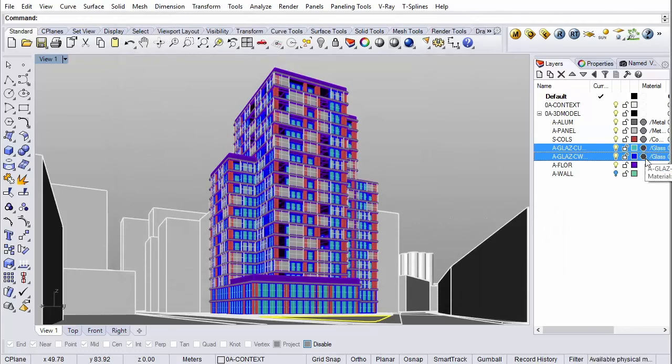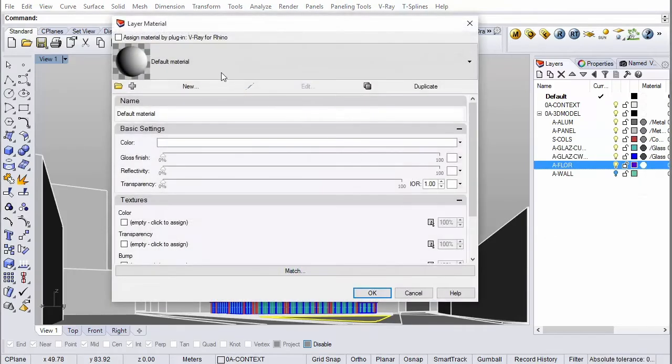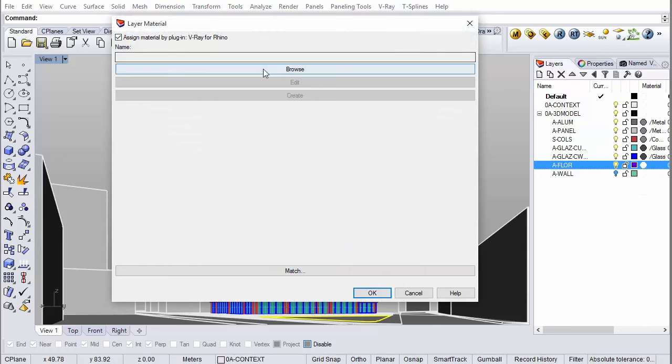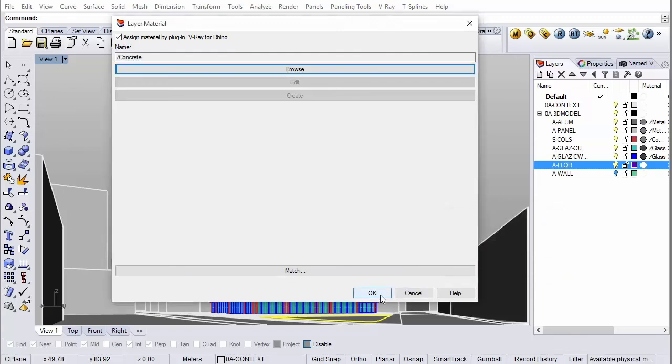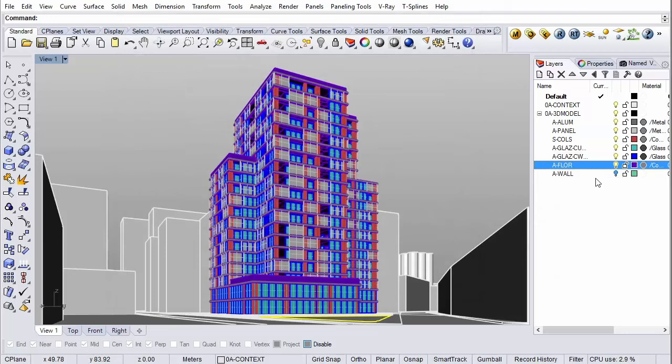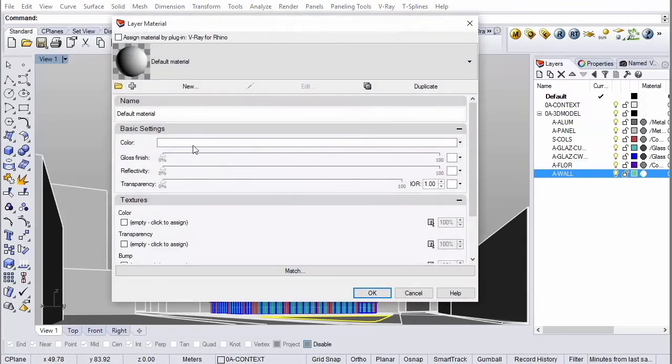The floor, oops, let's just make that into concrete. Building hasn't been painted yet. Walls. Concrete as well.